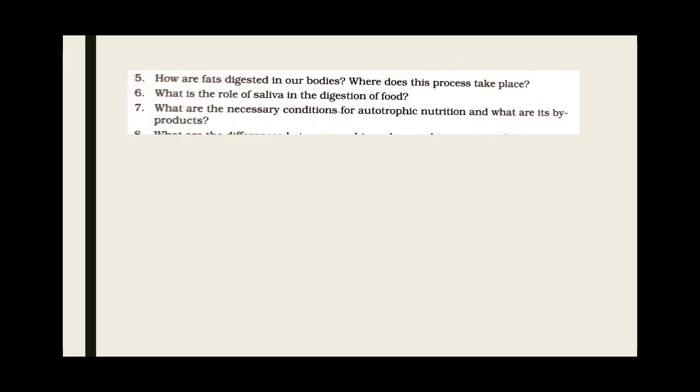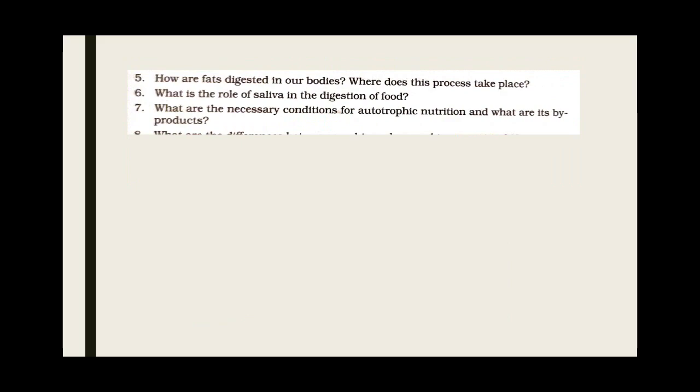Okay. Now again, how is fat digested in our bodies? Where does this process take place? So fat is digested inside the intestine, where this part receives the bile juice from the liver and the enzyme lipase from pancreatic juice. All these things you will be writing. Okay. Then bile contains certain salts which bring about the emulsification of fat. So this you will be writing, and then the enzyme lipase also from the pancreatic juice. I hope this is clear.